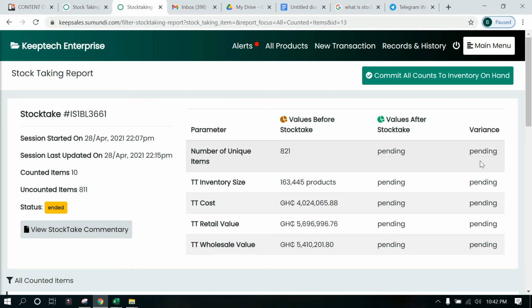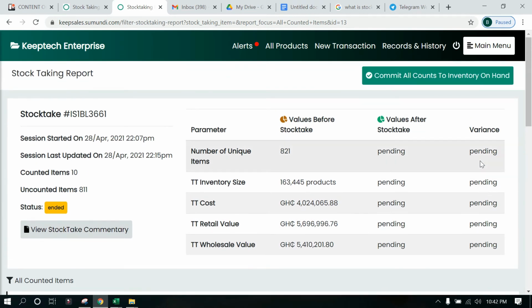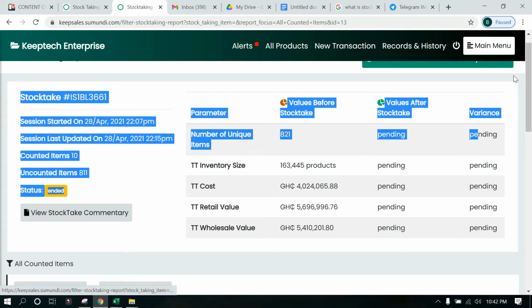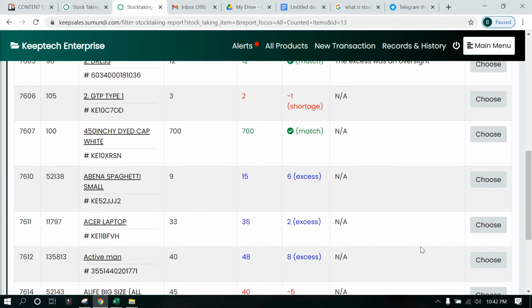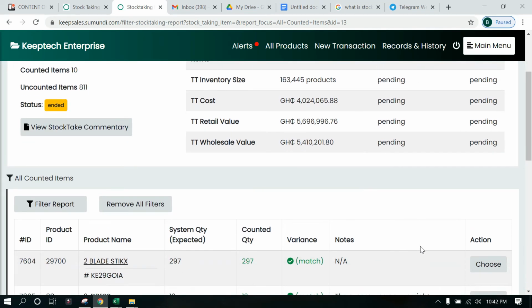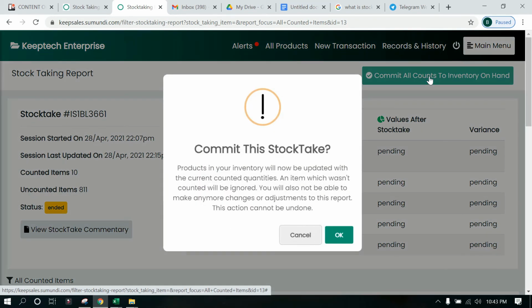This is so because when you've ended the session, it doesn't automatically update your stock. It gives you the opportunity to go through any issues that you may have had with the aftermath of the stock taking process. Once you have taken notice of all that, done all the corrections, all the investigation that you need, the questions and the inquiries, everything that you wanted to do regarding the inventory, then when you click to commit all counts to inventory on hand, it's going to update